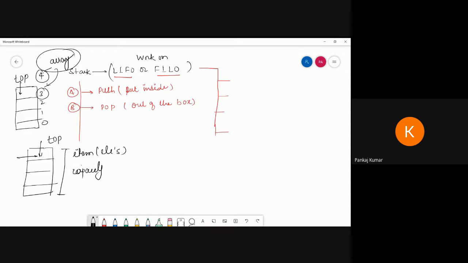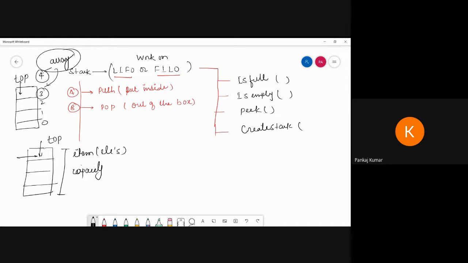Is it clear? Basically, before entering the stack, or before pushing any elements into the stack, we have to check whether the stack is full or not, and whether it is empty or not. These are functions. Then we have to choose the peek function, and here we have to use a create stack function.